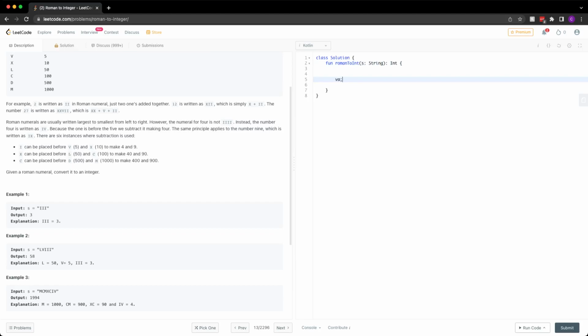So what we'll do here is val. If you don't know Kotlin, it's based on the Java virtual machine, it runs on it, but it has its own compiler, its own syntax. It's very similar to Java. Has a lot of nice features though. So I may explain a couple things for those who don't know Kotlin. In Kotlin, you have two types of variables. You have a val and a var. It's kind of similar to JavaScript where you have a constant, or just like let, I think is what it is now, let being just a variable that changes, constant being constant. Here you have val, which is a constant, and var, which is a variable, and can change.